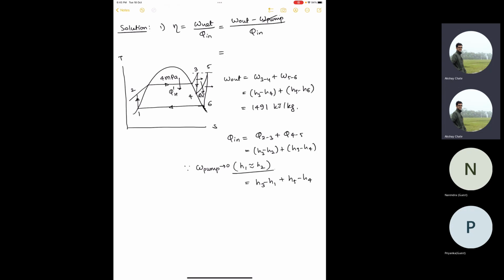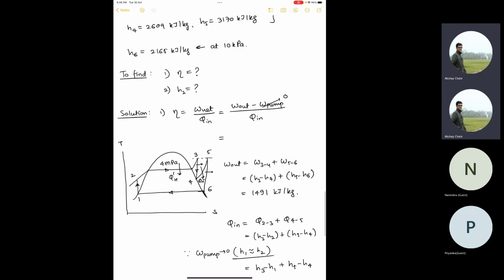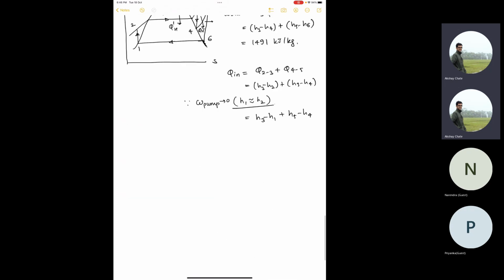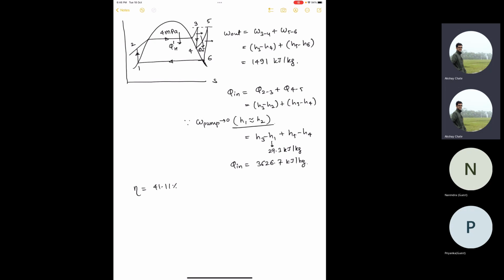Now again, what is H1? If you look at this, it is a saturated liquid, and it was given in the question, I think, H1 value also. So H1 is, I think, given as 29.3. I forgot to mention here, but H1 was also given. So if you do that calculation, H1, take it as 29.3 kilojoule per kg, and you get Q in as 3626.7 kilojoule per kg, and then you get the efficiency of 41%. So now you can say that since we have neglected pump work and assumed H1 equal to H2,